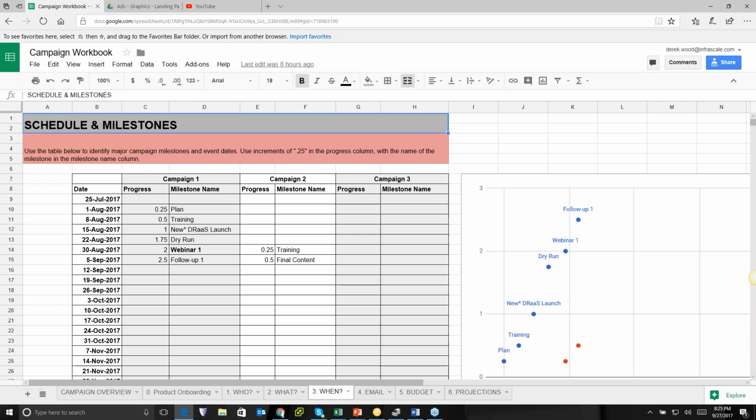Okay, so that's the what. And then we have the when. So this is just a schedule. So I put it together so it comes up in a graph so we can kind of see a visual aid for where we are in the project. Your schedule is not just on when you're going to run the webinar, but it's for each critical component or each major area of tasks.